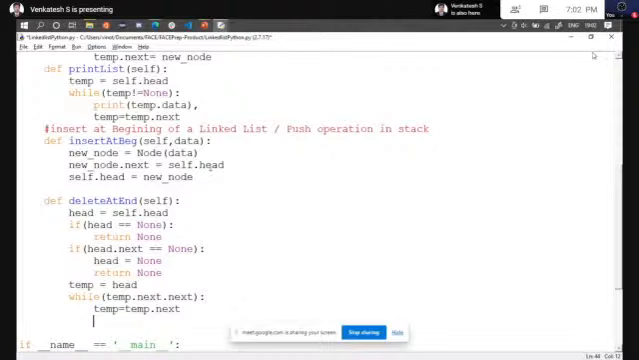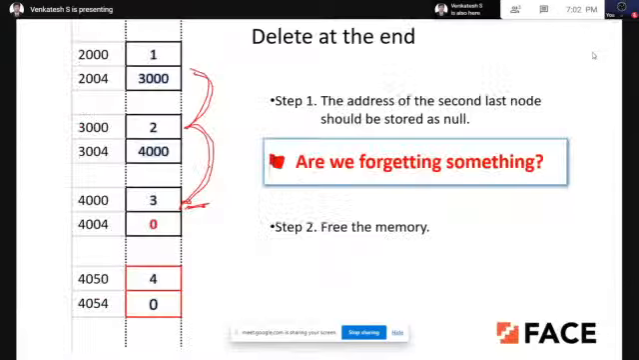So you could see here what I have done. So temp is equal to temp dot next. So that is this position. So temp comes over to this position. So this is now temp. Again, it is a while loop, right? So while temp dot next,